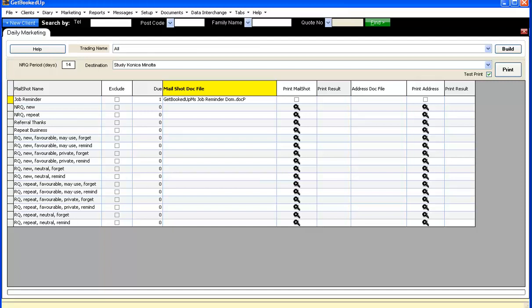And that really is one of the key things that makes this letter work, that it is mail merged in. So what we really recommend is that you have a blank letterhead set up. Even if that means that if you don't have pre-printed letterheads, you perhaps just set those up in Word and you print a load of blank ones off, that when you're going to do this daily marketing and the job reminder from this Forever Free edition, you can pop those in and this just prints this directly into that pre-printed